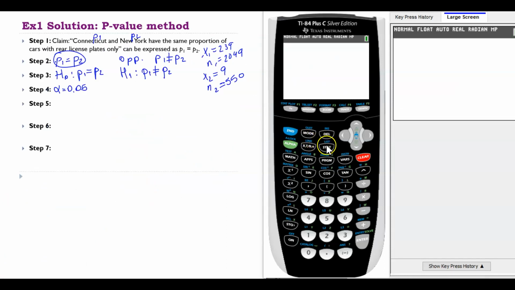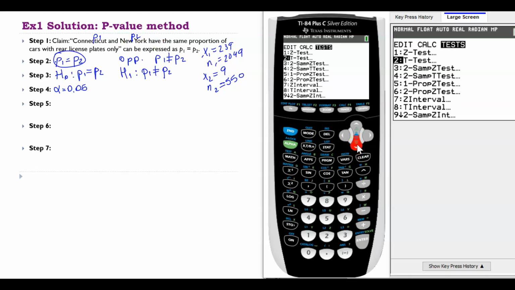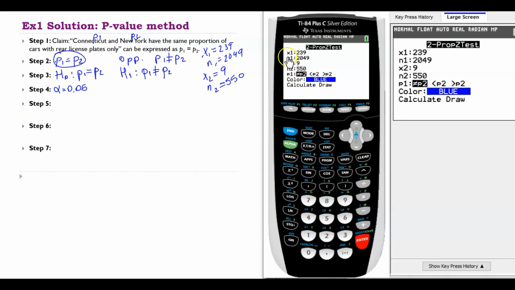On the graphing calculator, go to Stat, Test, down to 2-PropZTest, click Enter, and enter the values of X1, 239, N sub 1, 2049, X sub 2, and N sub 2. After we enter all the values, make sure that you enter the right sign for the P1. It's our alternative hypothesis. In this case, it's not equal to. Go down, click Calculate,